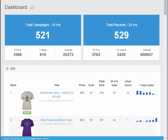And so what this little web app does, it actually monitors and extracts the number of sales per day for all of the top selling campaigns on Teespring. If you can see here, right now we have over 20,000 campaigns within our network, within our database, and we also have over